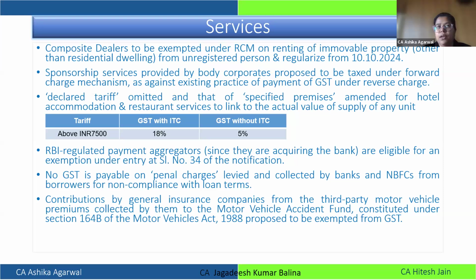Three things they are saying. The first part, you have to check your last year, whether in your last year your specified premises have any unit which is above 7,500 based on actual value. So if it is more than 7,500, you fall under specified premises and you are liable to pay 18% GST. Or if your current year is above 7,500, then also you are liable. And if you are a new person who is going to register and you know that you will fall under specified premises, then you have to pay the tax at the rate of 18% and you can claim the input tax credit.